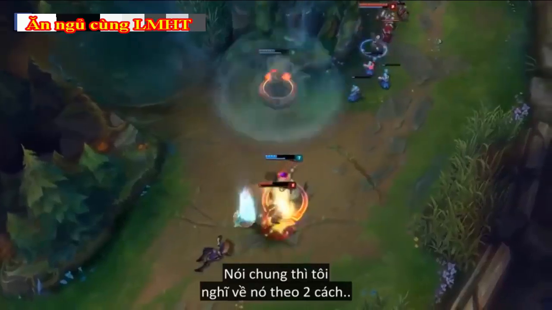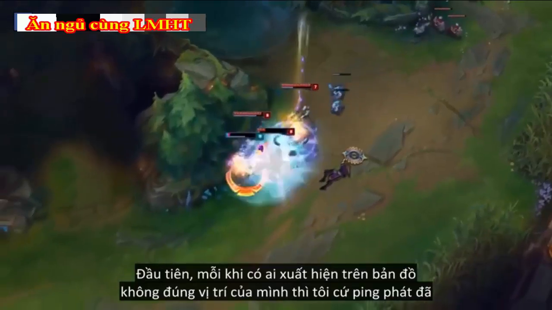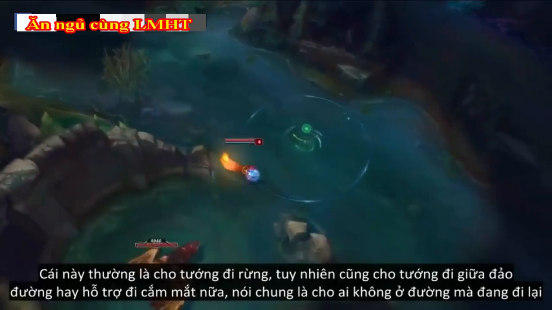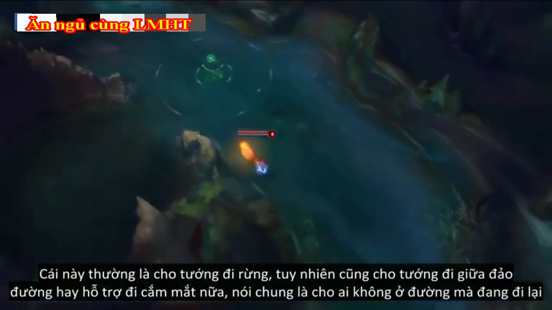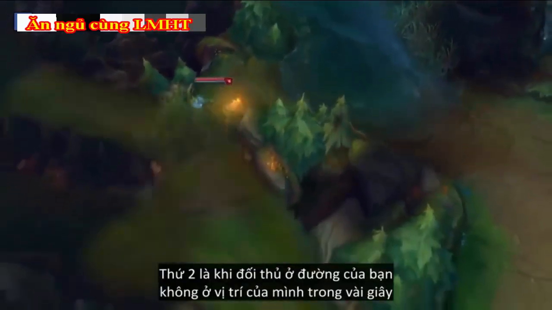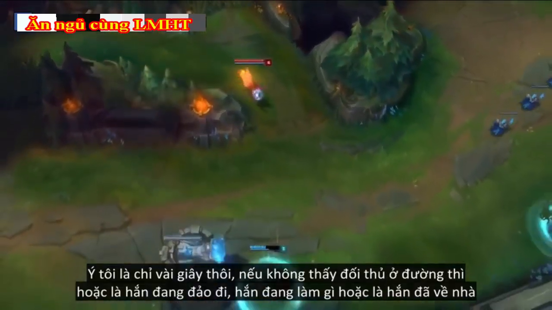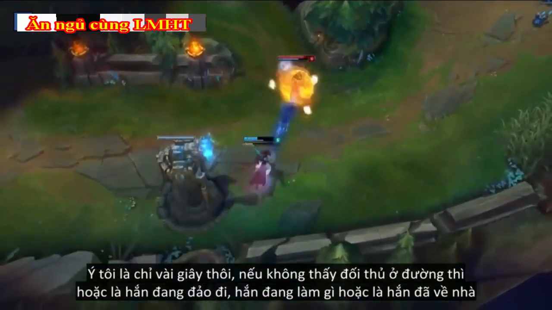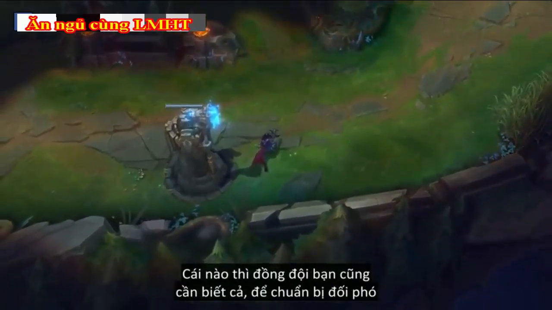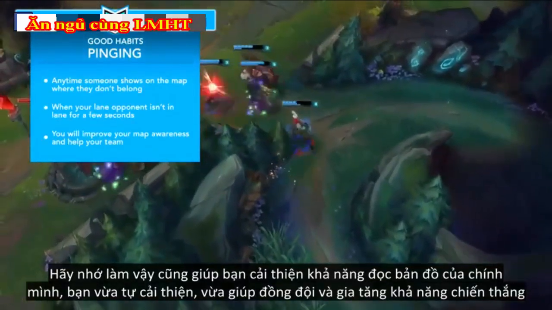In general, the way I think of it is in two ways. So first, anytime somebody shows on the minimap who isn't where they belong, I ping a few times. This is normally for the jungler, but sometimes like a mid laner starting to roam or a support warding, anyone who isn't in their lane and is moving around. The second one is when your lane opponent isn't where they're supposed to be for more than a few seconds. And yeah, I mean just a few seconds. If they aren't in lane pushing and are out of vision, they're either moving around the map, they're up to something, or have based, and whichever of the three it is, your team should know so they don't get boned. Remember, by doing this as well, focusing on it and pinging, you will actually improve